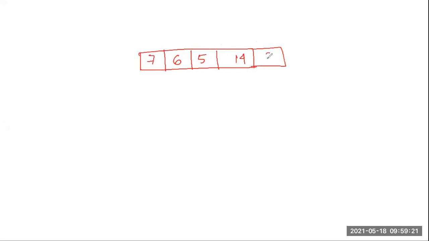Right, this was the array, and what was I doing? At first, in a variable named small, I was keeping my first element, whatever is there in the 0th location of my array, and with this I was setting the position of the value also to be 0. Because my small has the value of the element at the 0th location, my position will also be 0, since this index is 0.